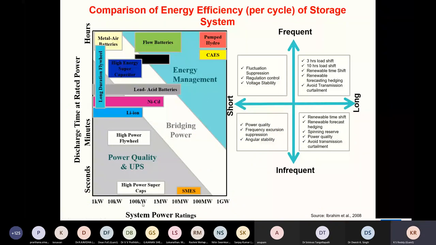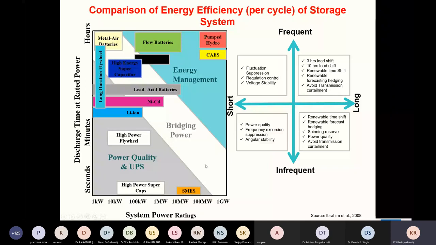If you look at energy storage options here, you can see pumped hydro, batteries, metal-air long duration, flywheels, and lithium ion high power flywheels, and there is a capacity comparison. So energy management is very important. We can go for large capacities, thermal energy storages, and so on. That is an important thing.